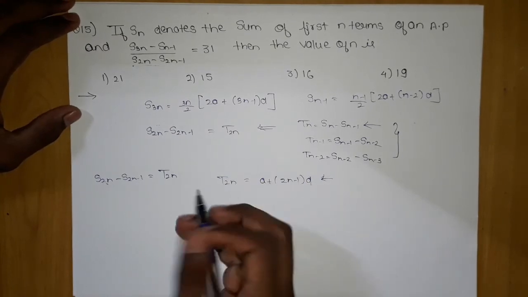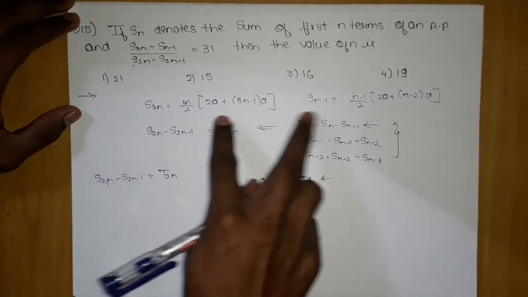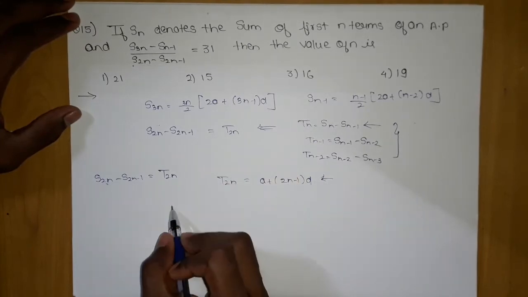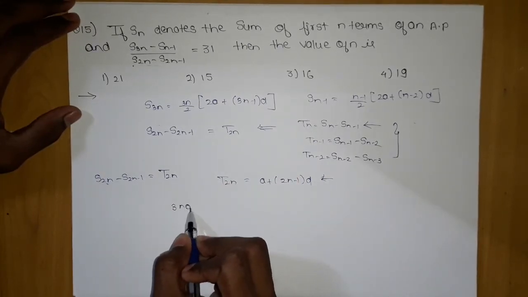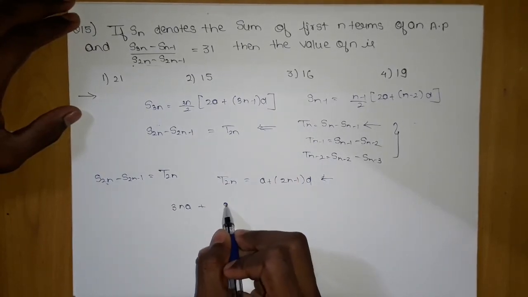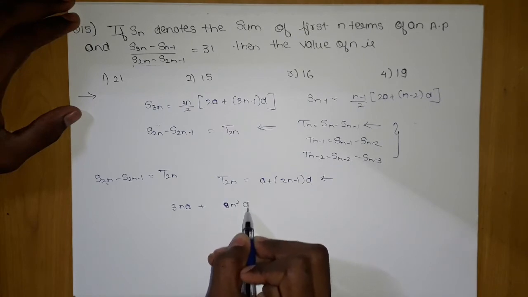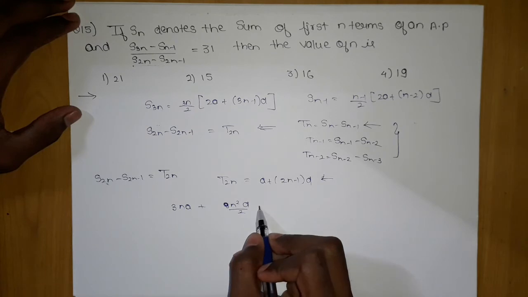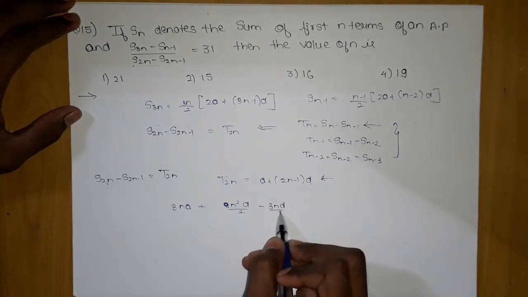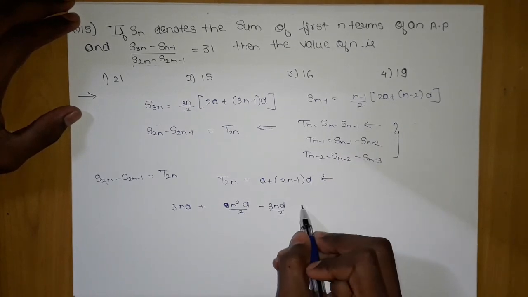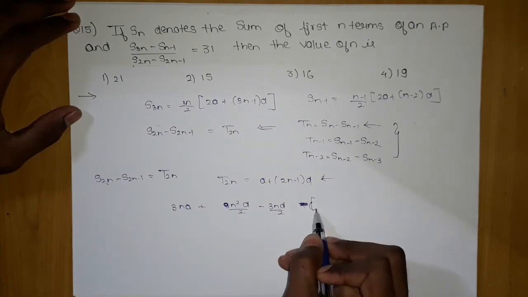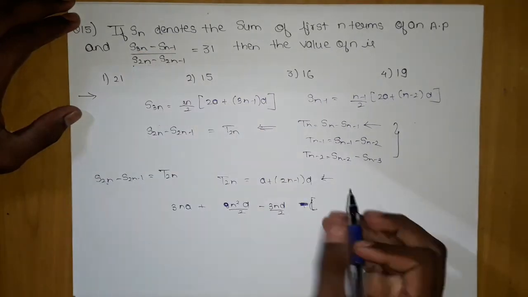After this, now let's see the difference. When I take the difference of this, let's multiply 3n a: 9n square into d by 2. Similarly in the next one, 3 and d by 2. Here, what am I going to get? Subtraction will happen here, because this is given as a subtraction.